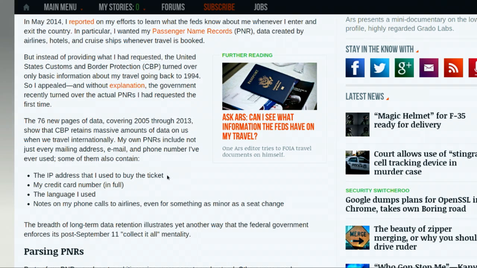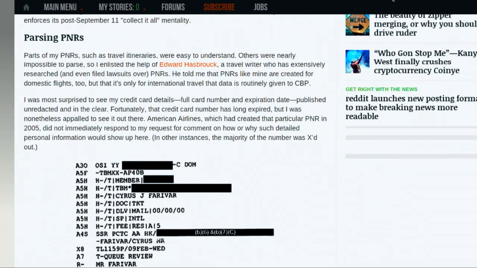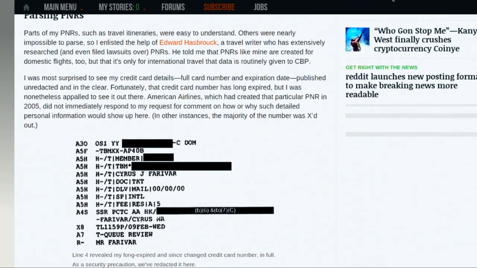And so he sent a Freedom of Information request and got a very basic response and wasn't satisfied with it, and sent another one and actually got the full thing, which was 76 pages covering 2005 to 2013. And it shows that CBP retains massive amounts of data on us when we travel internationally. His own PNRs include not just every email address, every physical mailing address, and phone number he's ever used related to travel, but the IP addresses he used every time he bought an airline ticket, his credit card number